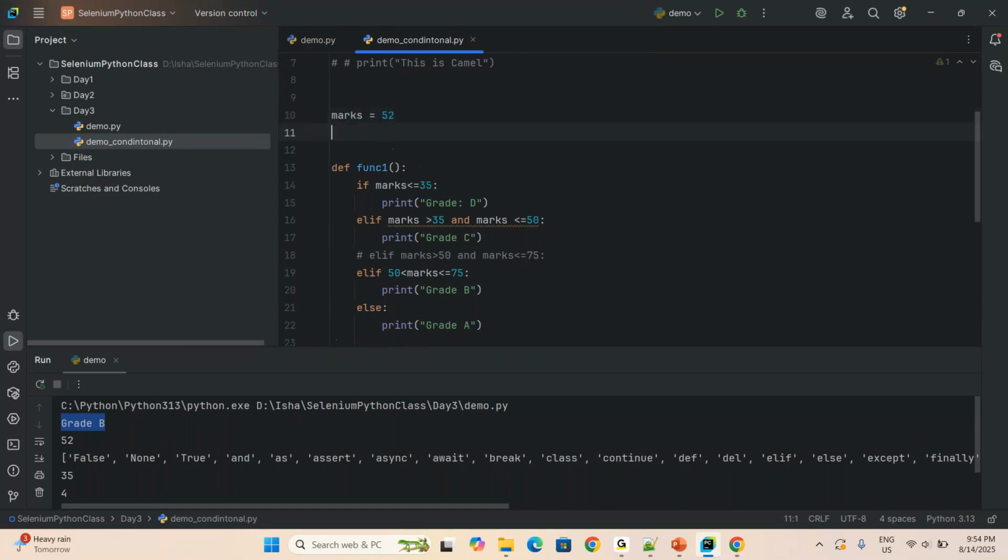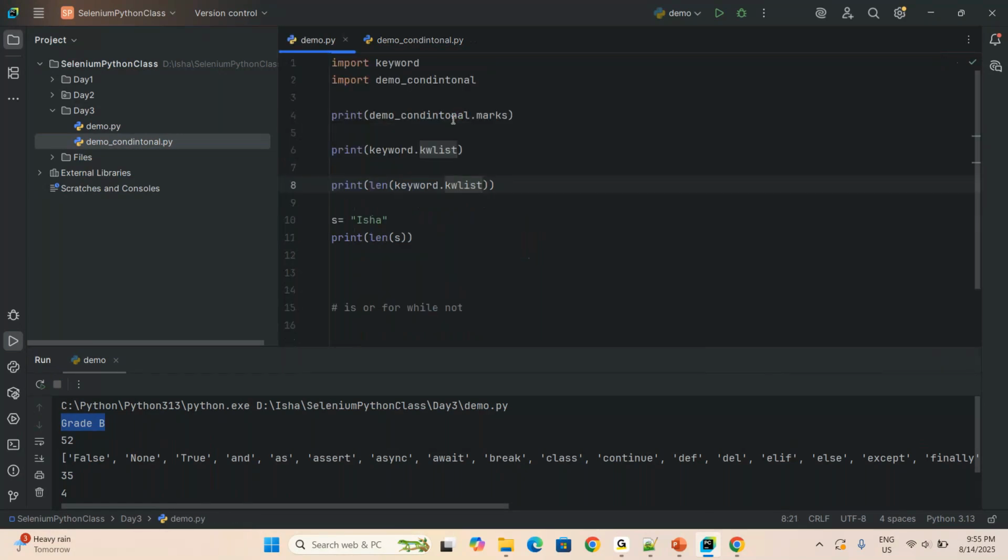Now, if you have one more variable, like student name, name equal to something like Isha, just this will be activated. That's it. We are not calling it now. We are not printing anything here. Now, if you see here,